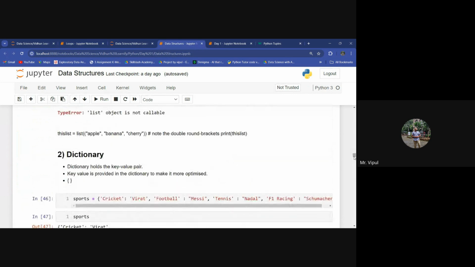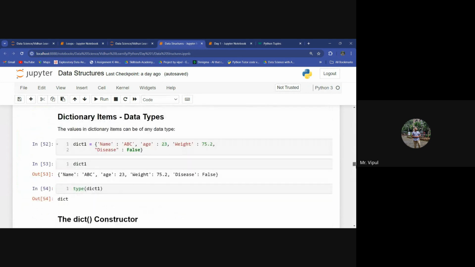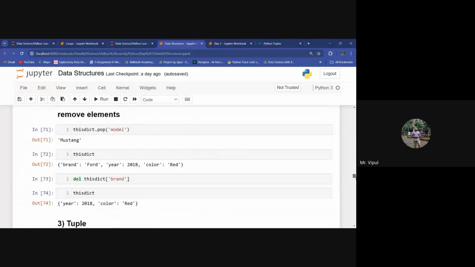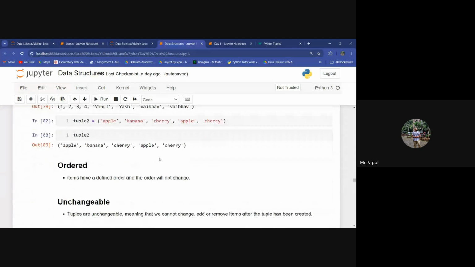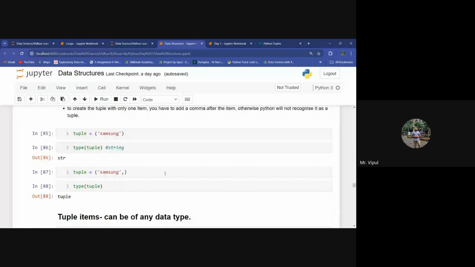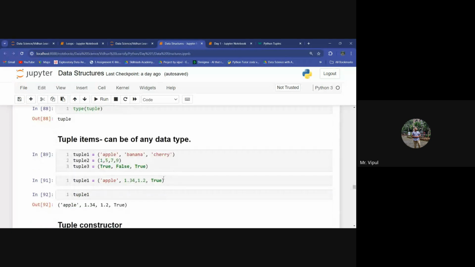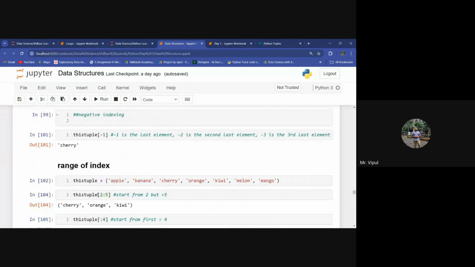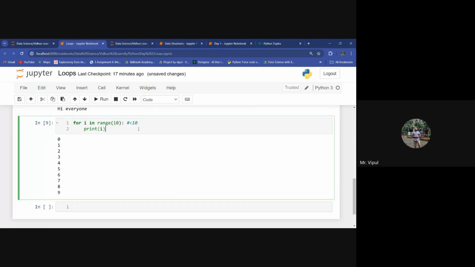See, this is a tuple. 2 to 5 is only giving you index 2, 3, and 4. So it is basically less than 5. This is also less than 10.